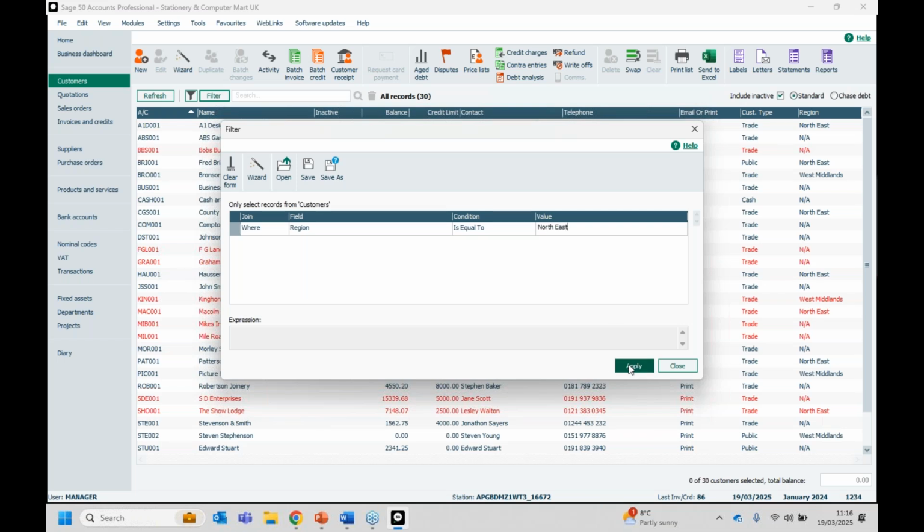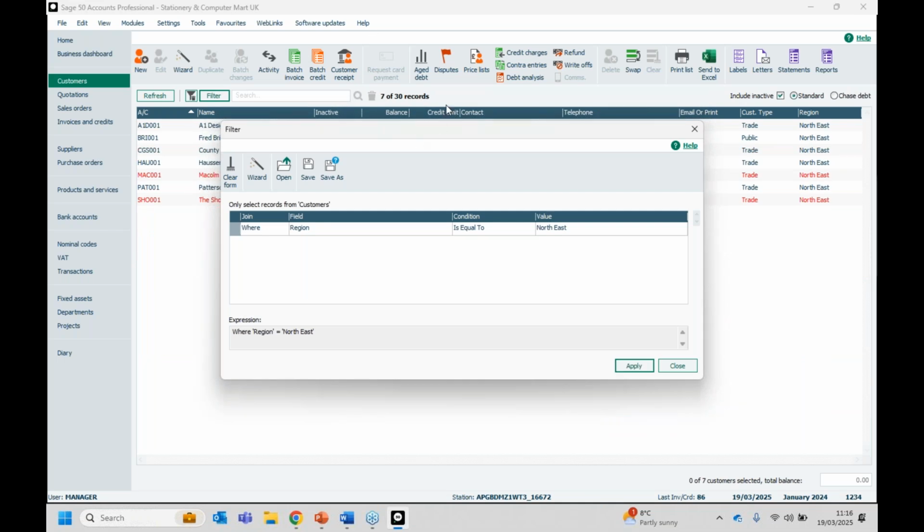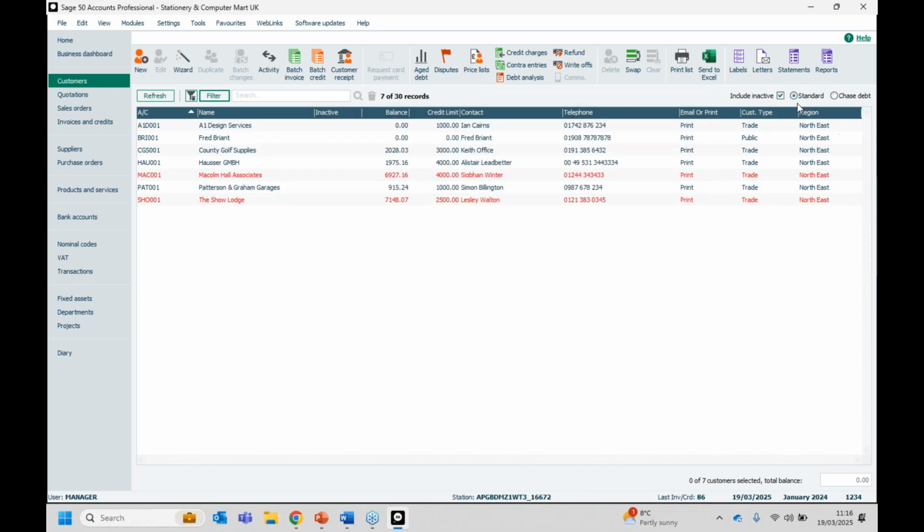If I click apply, you can now see in the background I've gone from 30 records down to 7. So I'll close that down. You can now see it's only showing me customers that have the region Northeast, and because that's a custom field that I've added in. If you've set up custom fields but you don't see them within this screen,